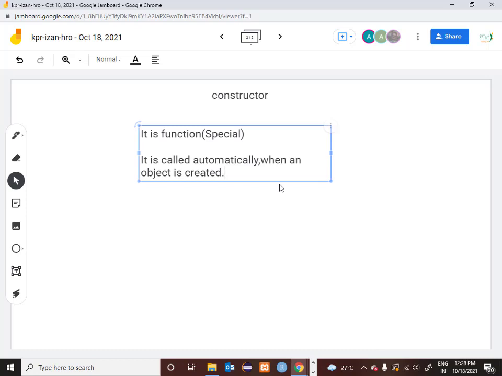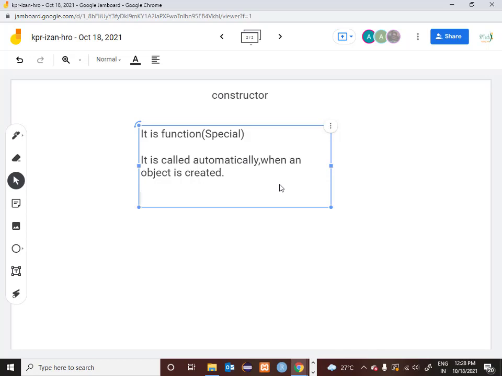Then point number 3, this constructor will have a separate name. See, for example, assign values, the name was given by you. So basically it is defined by you. You can give whatever name you want. You can say assign value, or you can say assign property. It has to be a valid Python name. So it's a user defined name. But when you are talking of a constructor, the constructor method is predefined by Python. So you don't have any kind of flexibility to give your own name to a constructor.